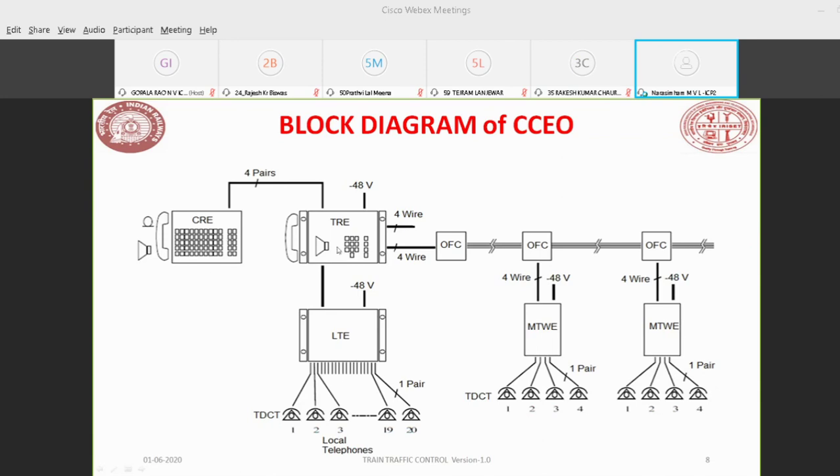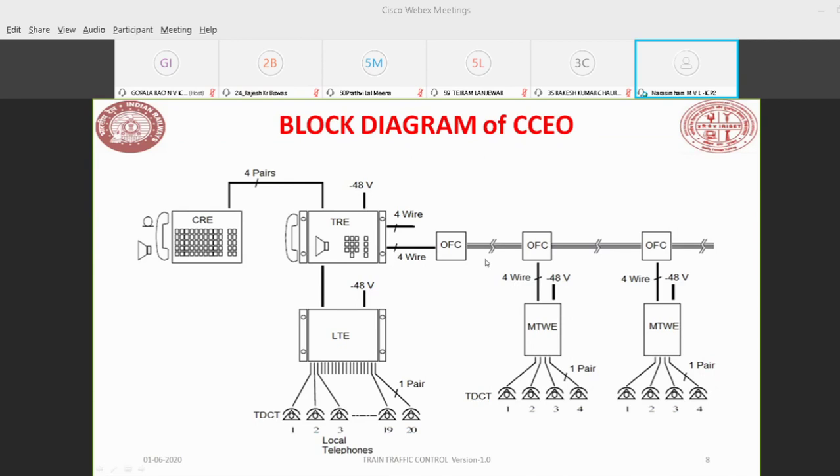So this will be achieved through this TRE. TRE is having the feature of having the backup of CRE configuration in the TRE. So whenever you connect a new CRE in the place of the existing one, you can reload the configuration through TRE to CRE with a single command. TRE will have a single command, load CRE. So through that command, you can reload all the configuration existing in the previous equipment to the newly provided equipment in the CRE. So that's why we need 4 pairs between CRE and TRE.